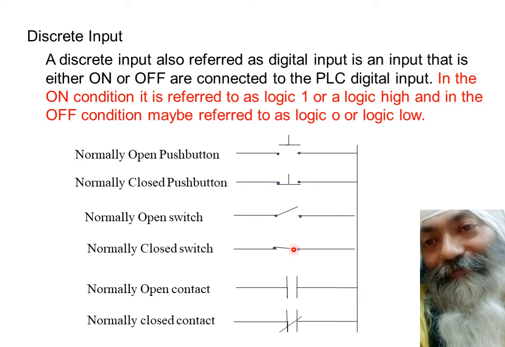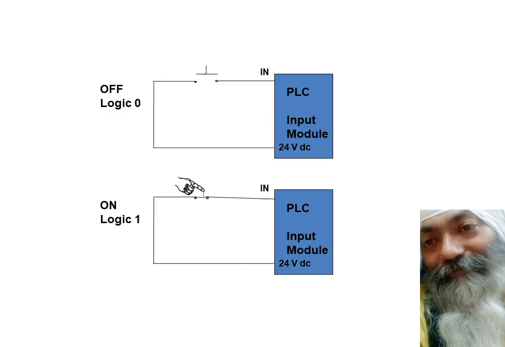So once you have a contact, if it is normally open, it's represented by this. If it's normally closed, it's represented by this. I will be discussing all these kinds of things. Primarily these two are the symbols which are used in ladder programming. We have just seen that this capacitor-like thing is used to represent the input bit as such. We shall be discussing more of this in the programming part, but right now you have to keep these things in your active memory so that you can understand the subsequent sections easily.